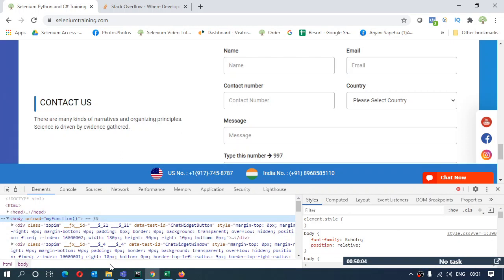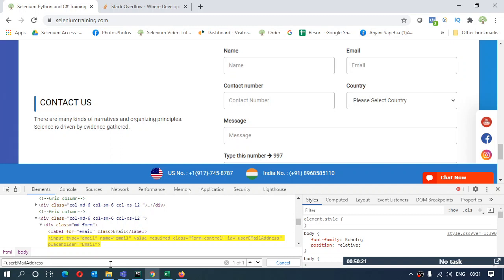And over here I'll say, using the CSS selector, I will extract this email text box. I'm using ID attribute, so as I said, I need to use the symbol. I'll say hash followed by the value of the ID attribute, this. And here is my element highlighted this way. It's quite easy and convenient, and better than XPath. If anytime you are interested in using the tag name, you can, but it's not compulsory. This way also it's working.